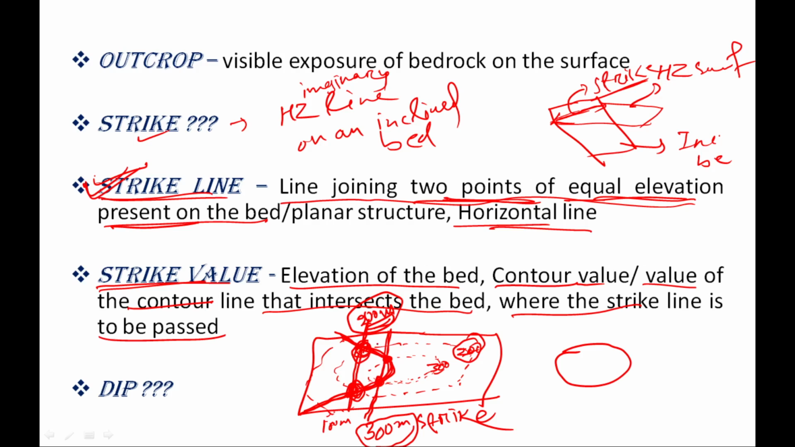The contour line which is passing through these 2 points has a value of 200 meters, so the strike which is passing through these 2 points will also have the value of 200 meters. So the strike value is nothing but equal to the contour value, and which contour? That contour which passes through 2 points where we have joined the strike line on the bed, okay? I hope now you can understand what is strike value, what I have written here,